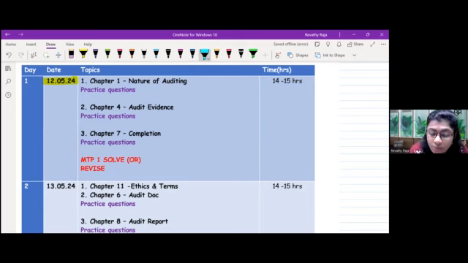Of course, it is always better to start with chapter number 1, because it is the basic chapter. Now, once you finish the chapter, please take out the material. In that material, there are test your understanding, test your knowledge, and MCQs. If you have not gone through them, make a point to always do those questions, because just studying won't help, because now the questions are application level. Okay, so nature of auditing, chapter 1, is a very small chapter. You can finish it off quickly and do the practice questions.